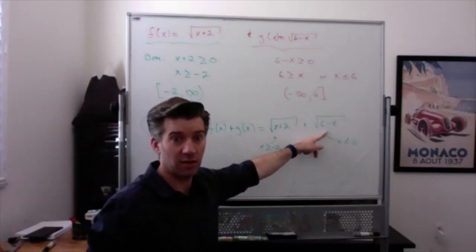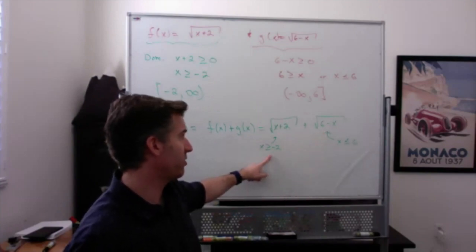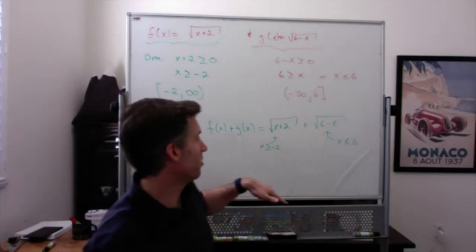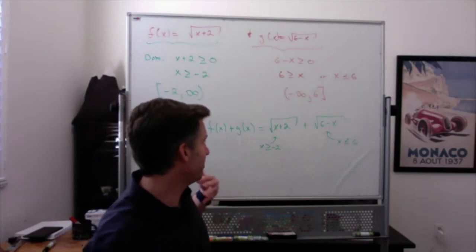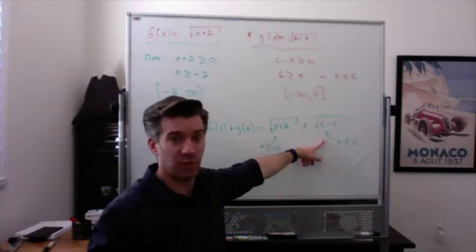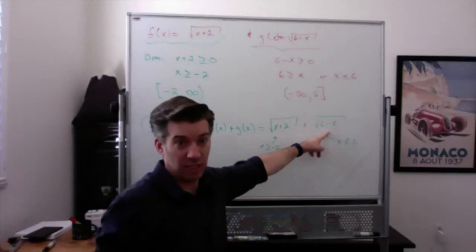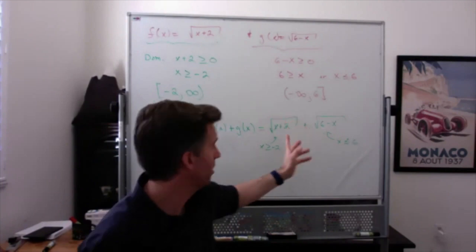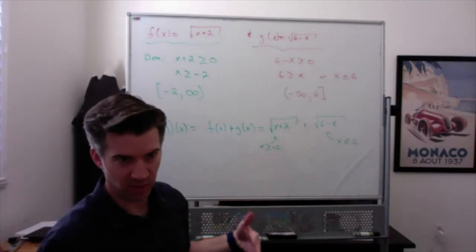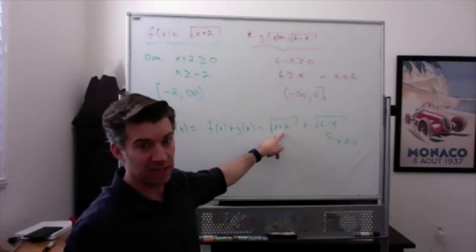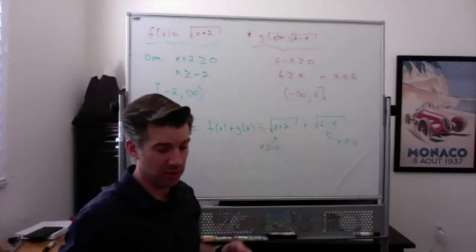And vice versa. If x is smaller than -2, let's do -10. If x was -10, -10 is perfectly okay here. 6 minus -10 is 6 plus 10, which is 16. Square root of 16 is 4. It doesn't have to be a nice square number, but I picked a nice square number. Here, -10 is not okay. -10 plus 2 is -8. Square root of -8 is not real. So